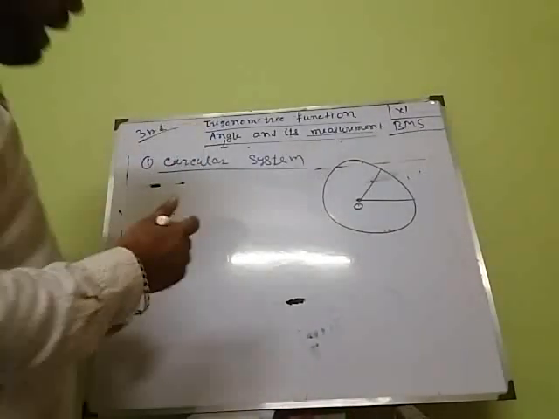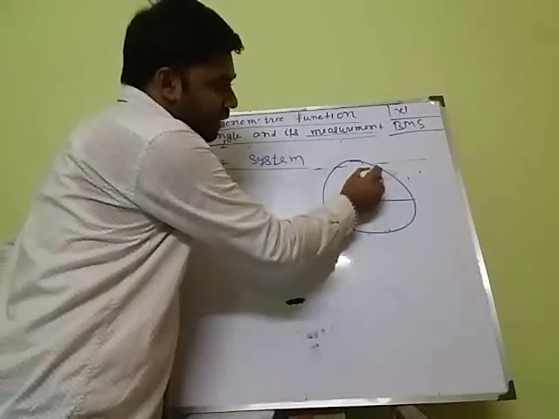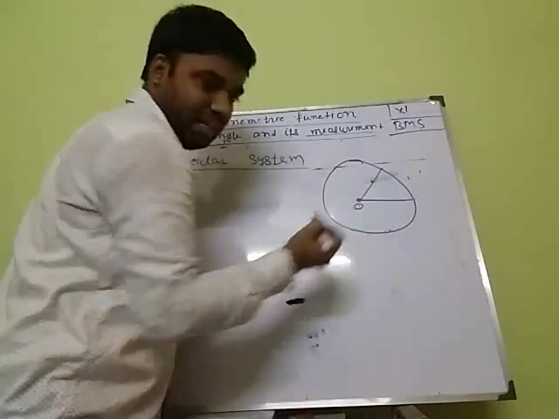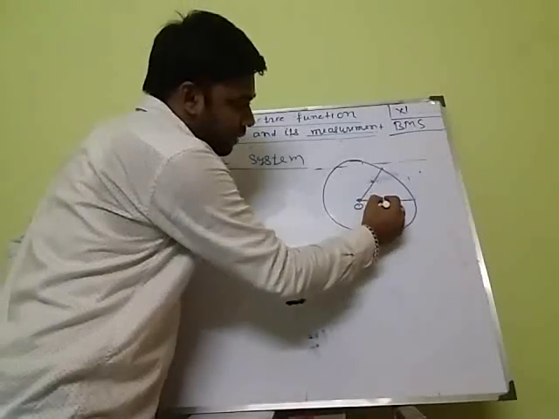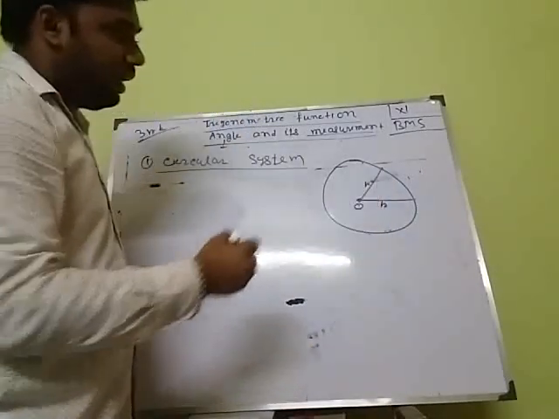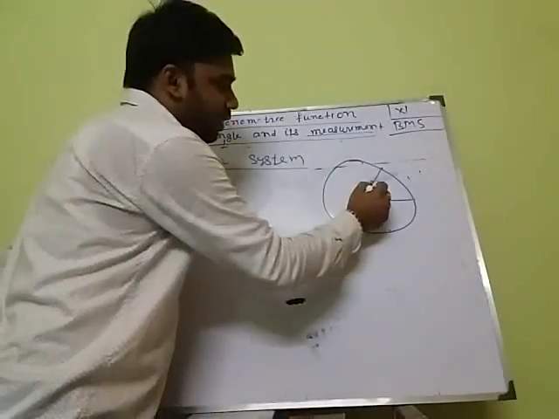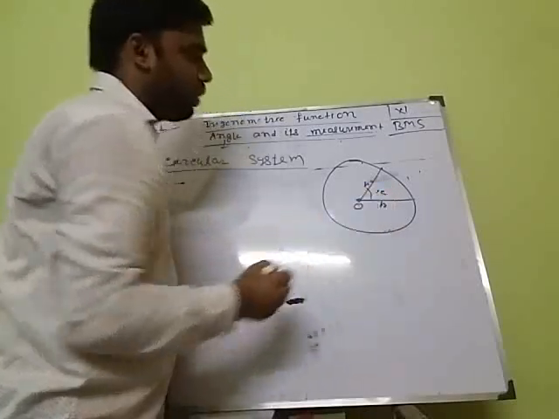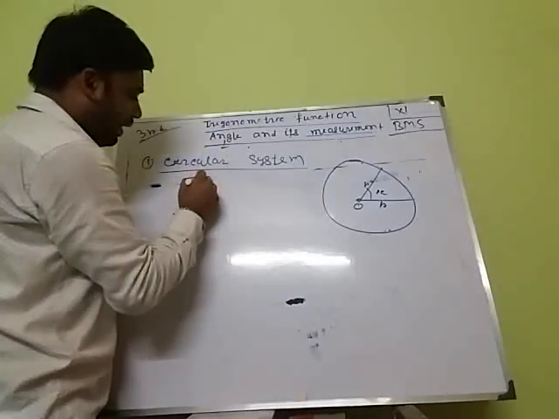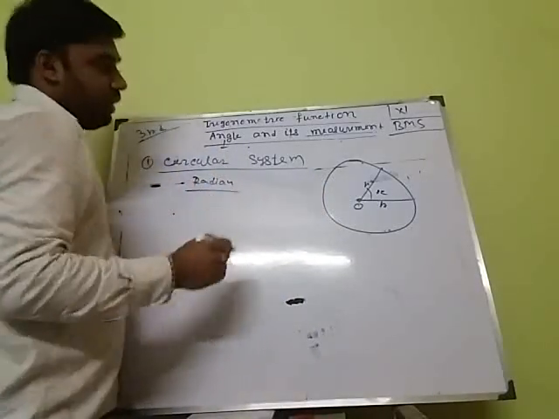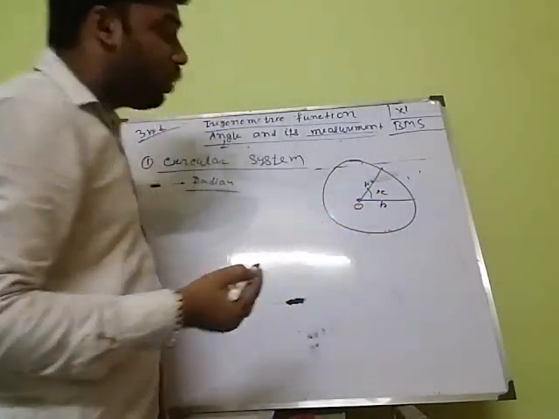Now, the angle subtended by an arc at the center: if the length of the arc is equal to the radius, listen carefully, the length of this arc is equal to the radius, then that angle is a constant quantity, a constant measure, that is called a radian, 1 radian. That constant quantity is called 1 radian. The angle subtended by an arc at the center which is equal to the measure of the radius.